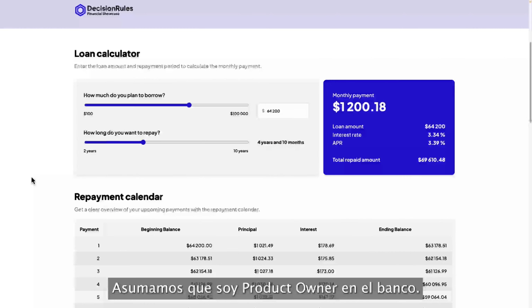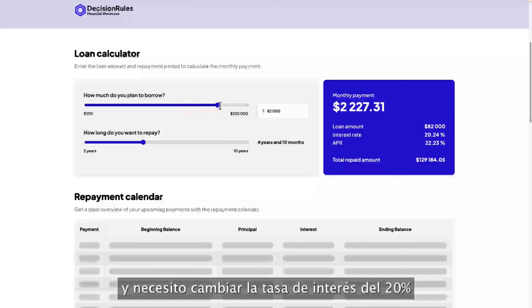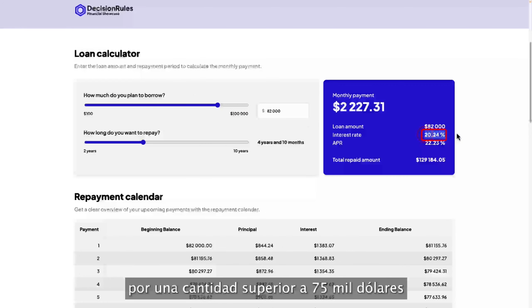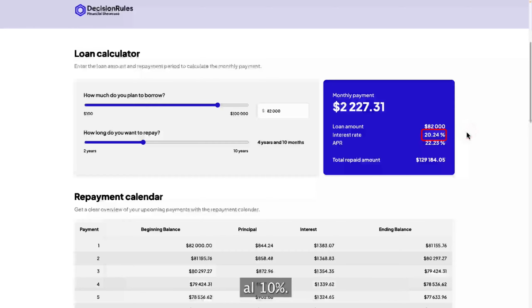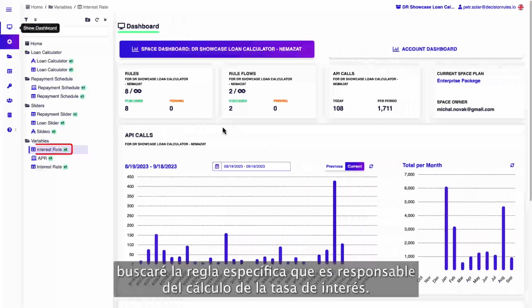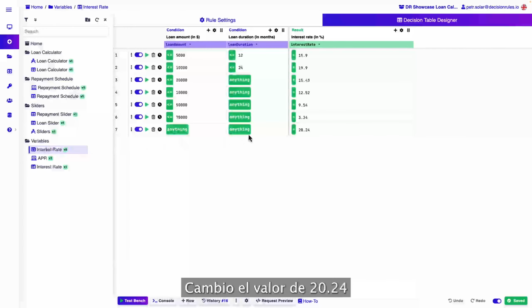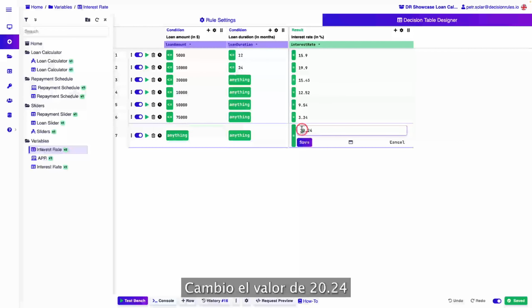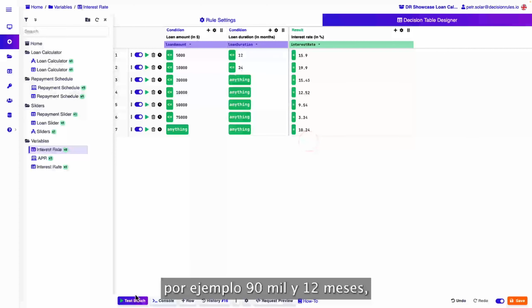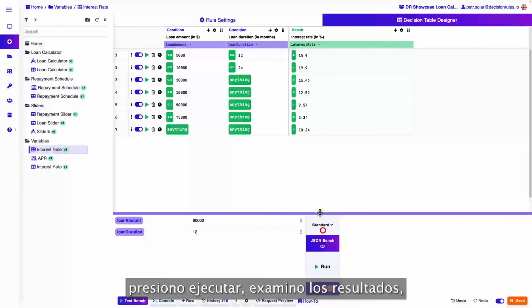So let's assume that I'm product owner in the bank and I need to change the interest rate from 20% on the amount above $75,000 to 10%. I will open DecisionRules, find a specific rule which is responsible for the interest rate calculation, change the value from 20.24 to 10.24%, fill out the test values, for example 90,000 and 12 months, hit run, examine the results,